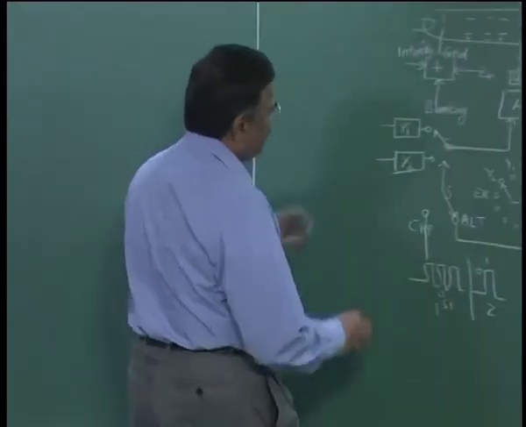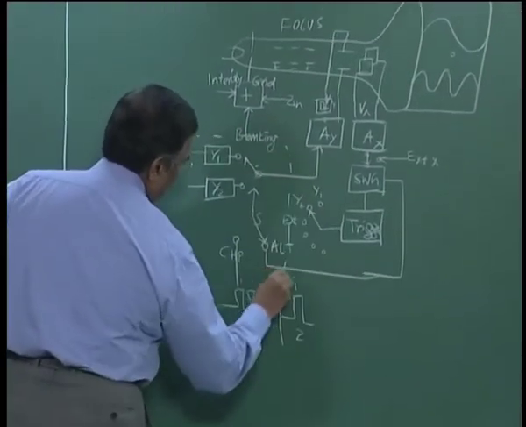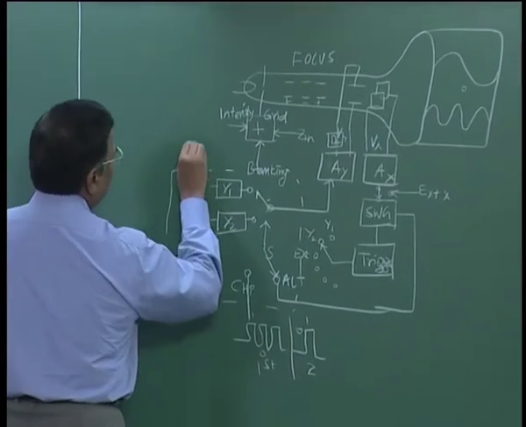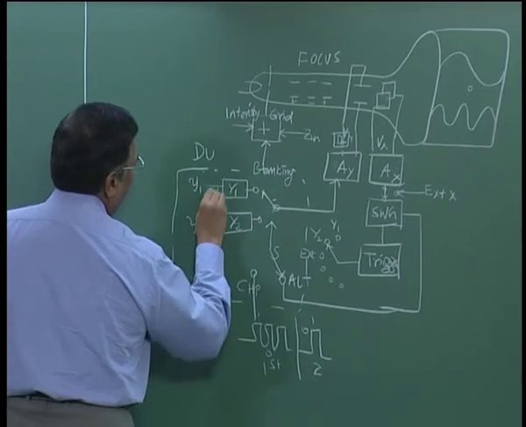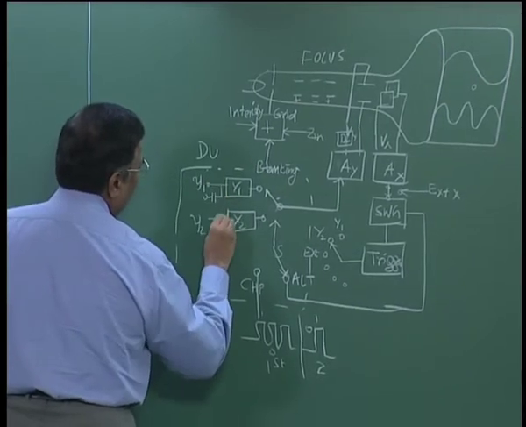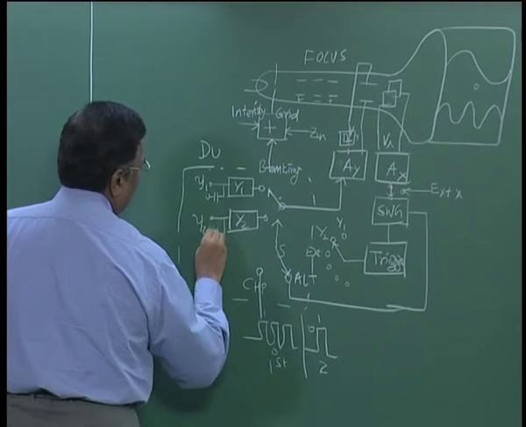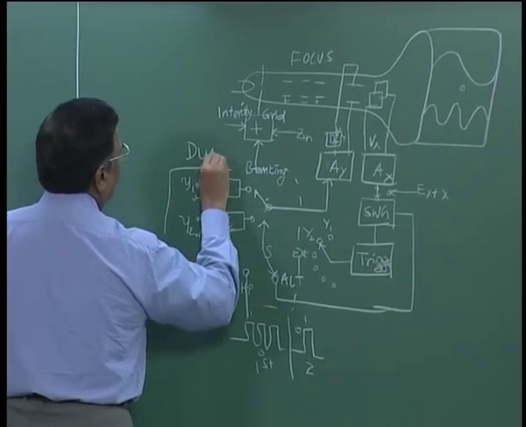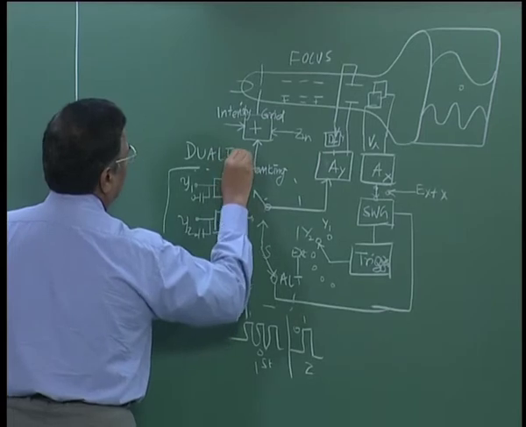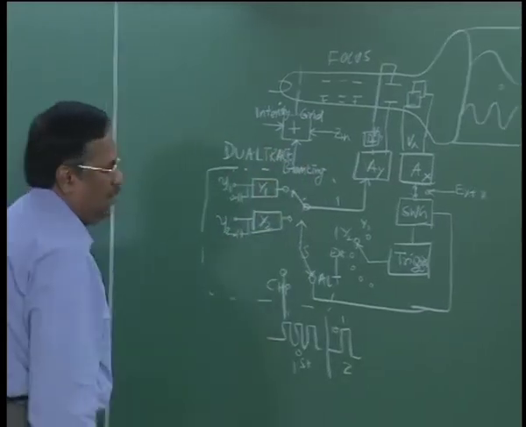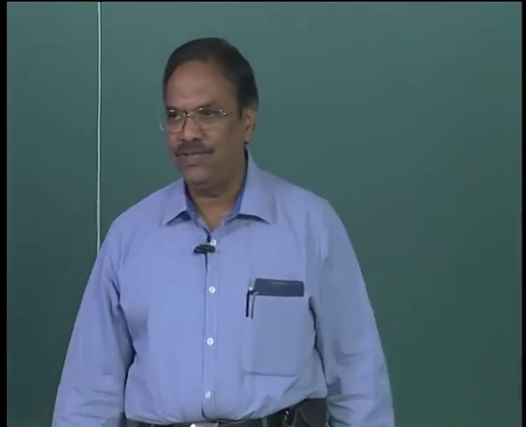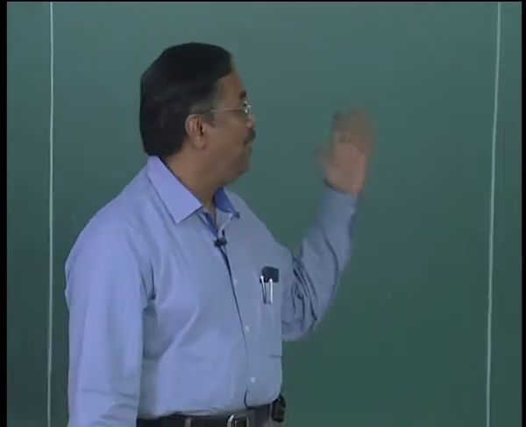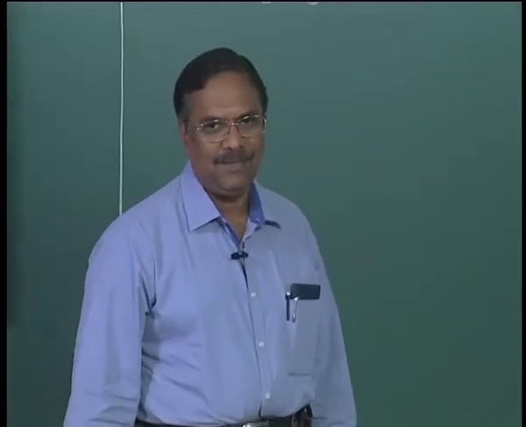When I do this, then we call this as dual. This is Y1 input, Y2 input. I can have direct coupled or capacitor coupled. So, this is called dual trace, right. By simply having a switch and amplifiers, individual amplifiers, we can generate two waveforms, we can show two waveforms on the screen, right.